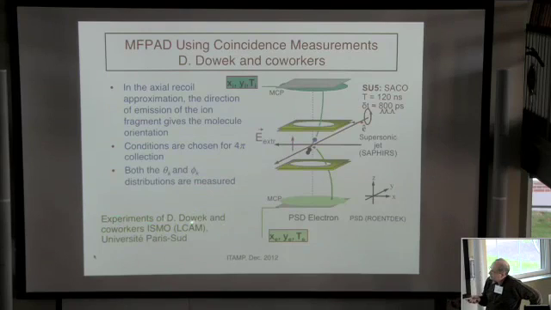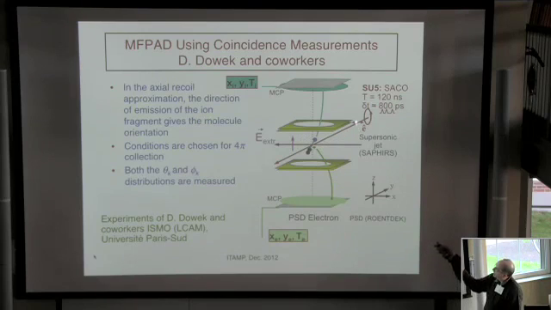Okay, so the group that I directly collaborated with is the group of Daniel Dowek. It's very similar to a COLTRIMS experiment. They have the molecules in a supersonic jet crossed with a beam, either laser or synchrotron in this case. And if you have dissociative ionization, then you accelerate the ion up and the electrons down, and using the right ion optics, for not too high kinetic energy electrons,